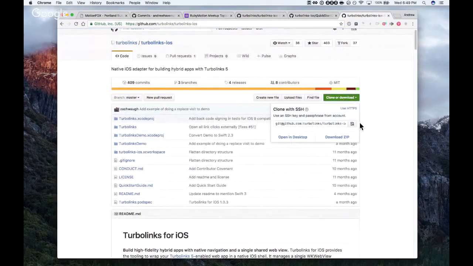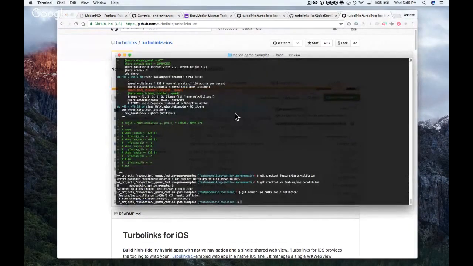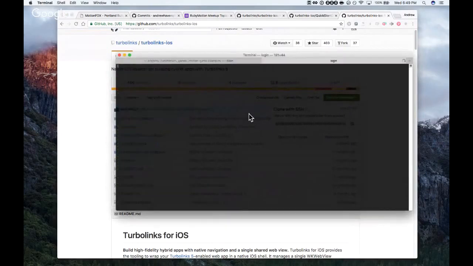I'm guessing I have to clone this in order to run the demo. So this is meant for inclusion inside your iOS app to do the communication to whatever's running on the web server?